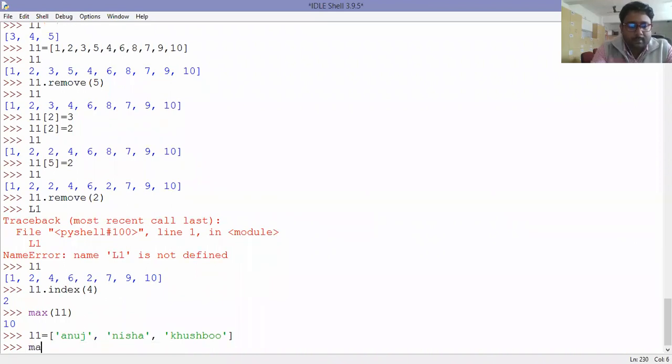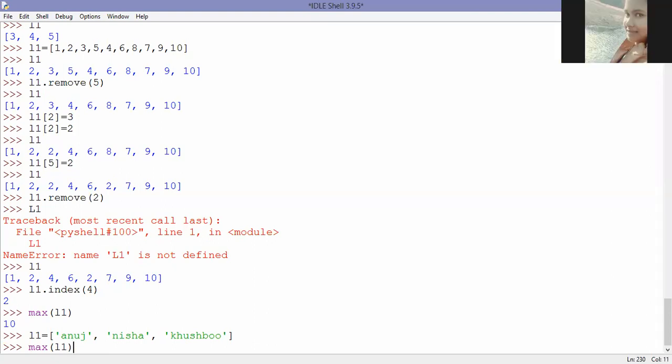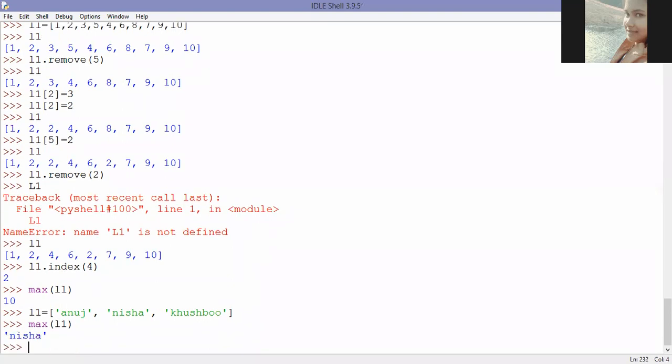This is a list. So what will max of L1 be? Output, students, max of L1: Khushbu, Khushbu. Why? Because it has the maximum letters. Yes. It is like that.